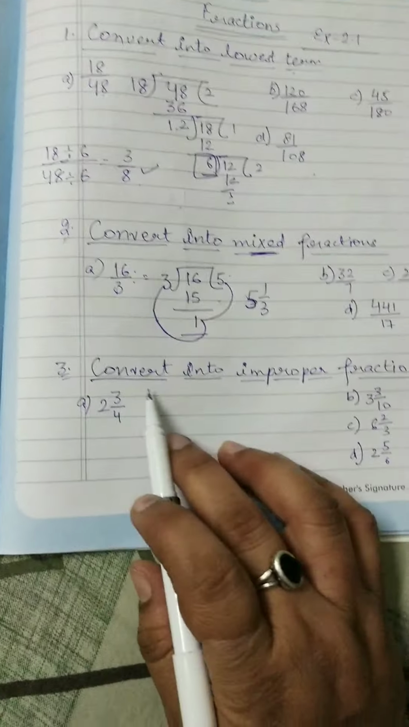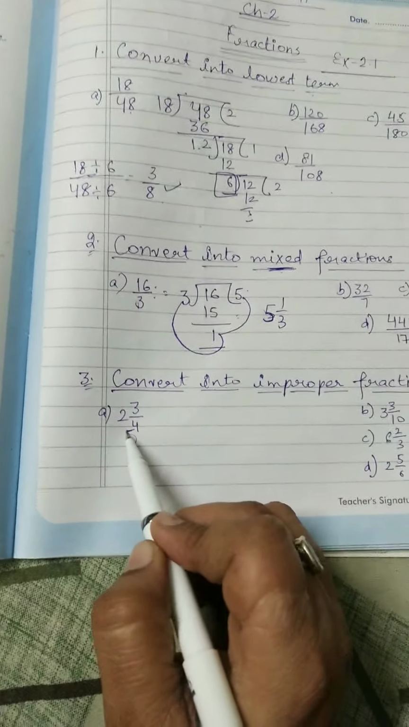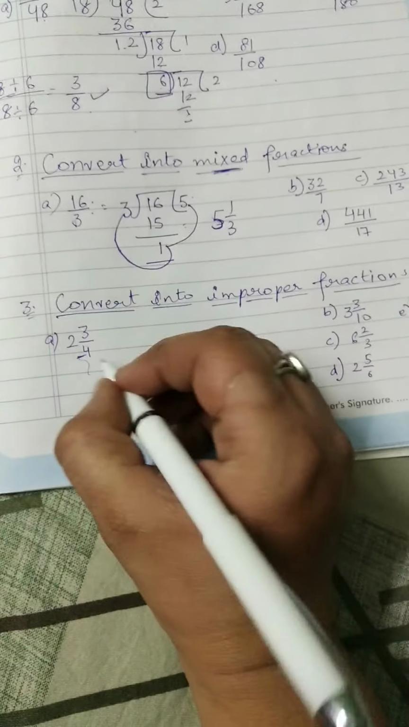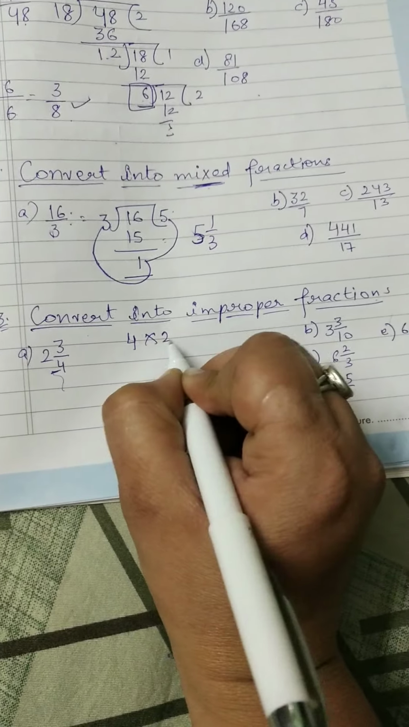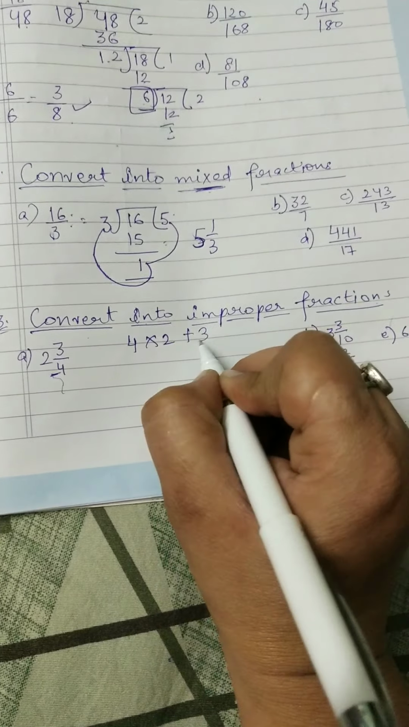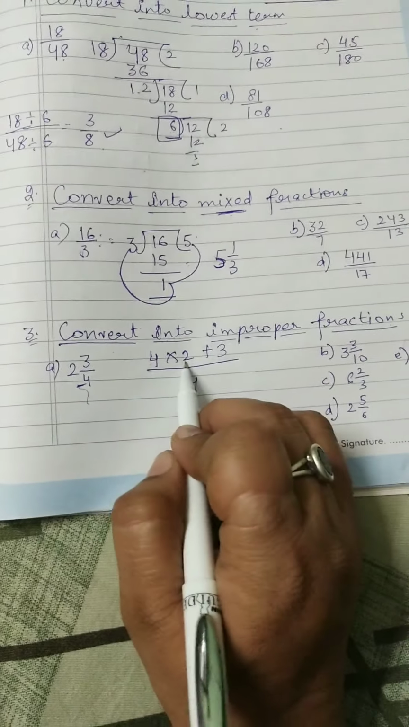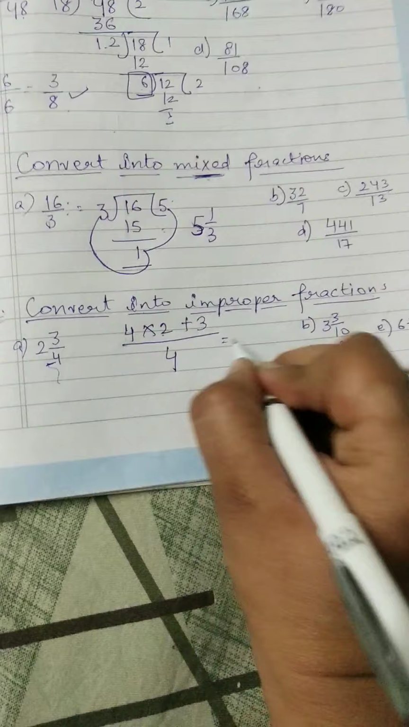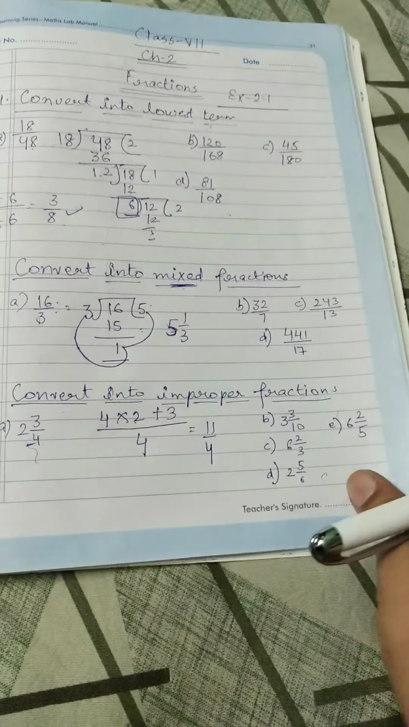Third is convert into improper fraction. This is a mixed fraction. We have to convert into improper fraction. How will you do? See, 4 multiplied by 2 plus 3, divided by 4. 4 twos are 8. 8 plus 3, 11. 11 upon 4. The rest of the questions you will do yourself. Okay. Now,